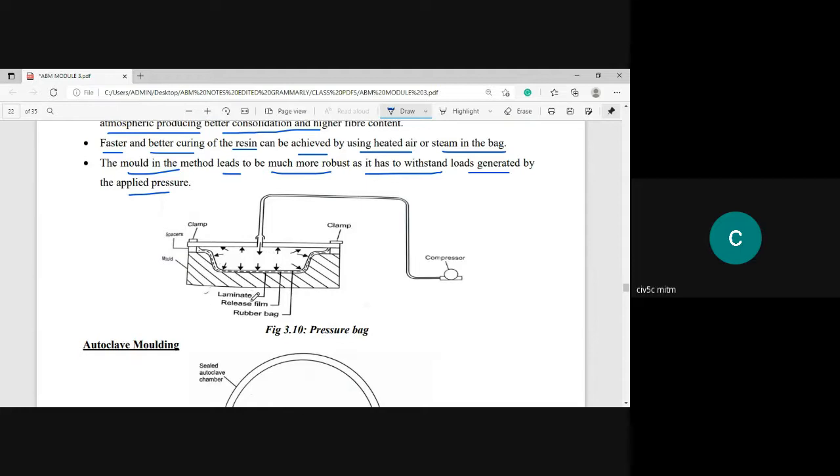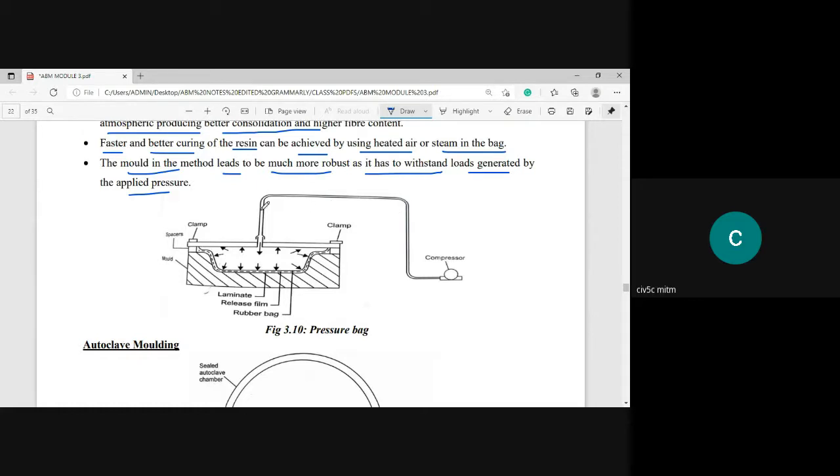You can see here the same concept I'm using, no difference except the pressure. The mold is the same, the laminate has been placed, the film and the rubber bag have been added, and it has been completely closed, because it is a closed mold process. You can see the clamp. They have been completely closed, and later on it is connected to the compressor.